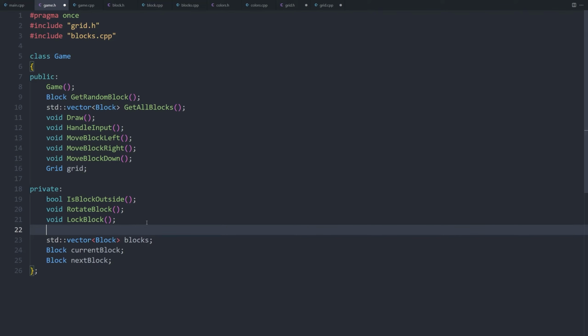Now in the game class, in the game.h file, let's create a private method that will check every cell of a block to see if it is on top of an empty cell of the grid or not. bool BlockFits();